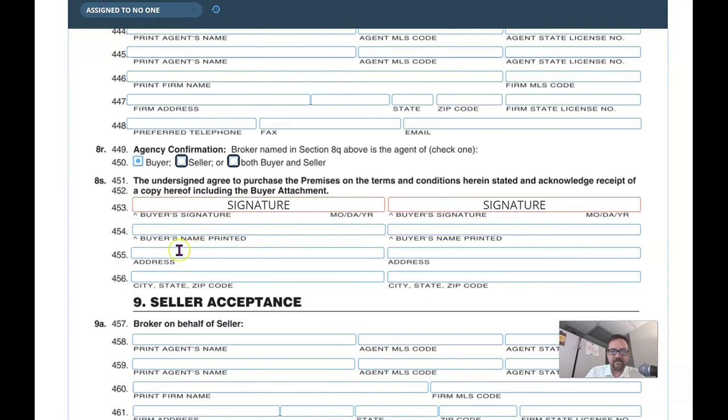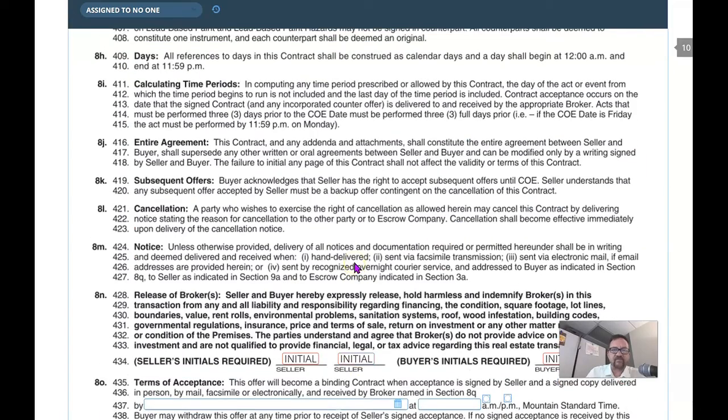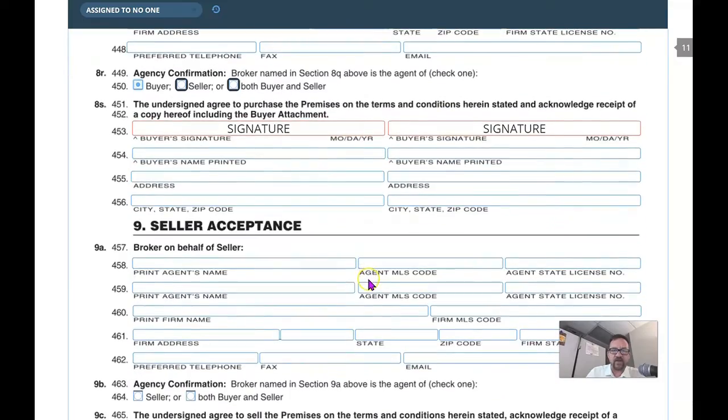They're going to print their name out. They're going to put their address, city, state, and zip code. Just remember back here, if we have stuff to send to people, we need to have their address. We're also going to make sure that they put the month, date, and year, and they're going to initial that. That's the offer. Once we've hit this point, we've got a completed offer, and we send it over to the